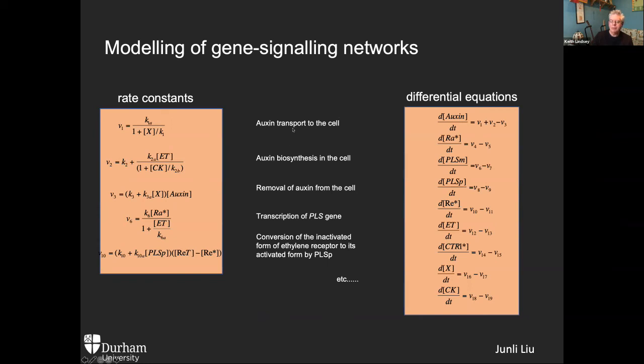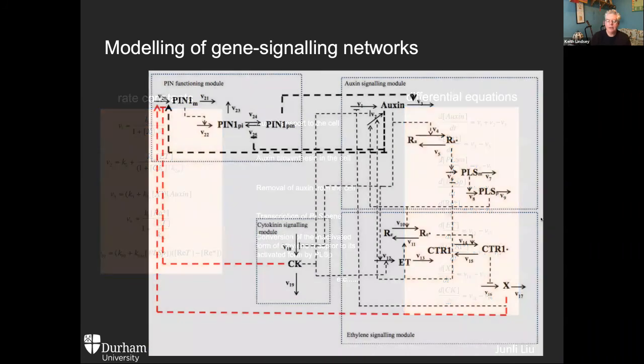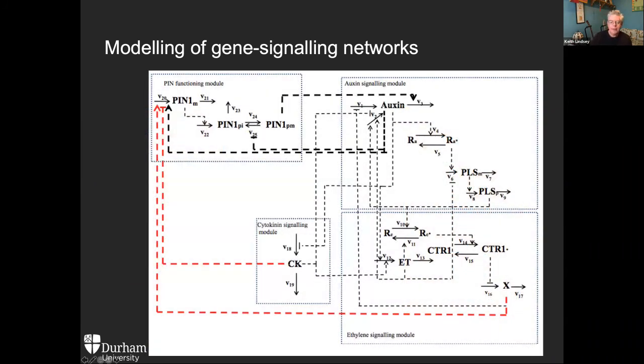develop mathematical representations of the rates at which auxin moves into cells, the rates at which it's made in cells, removed from cells, the rates of transcription of the Polaris gene, conversion of receptors into one form or another, etc. And when you put all that together, you come up with this mathematical model, which you can run on a computer, and you can test the interactions between these components. So, for example, you can